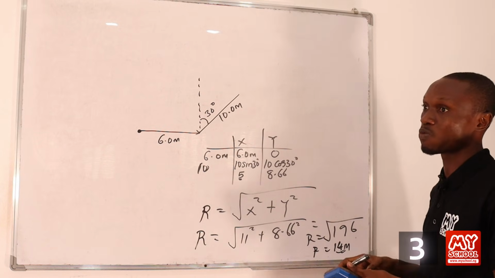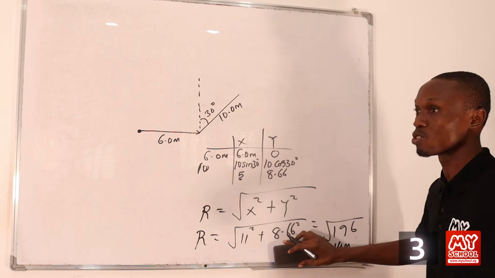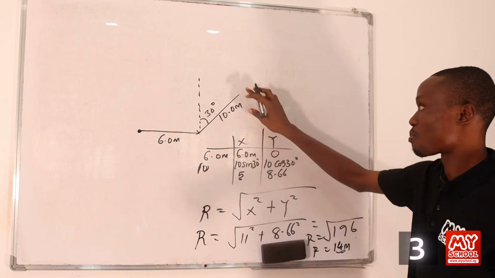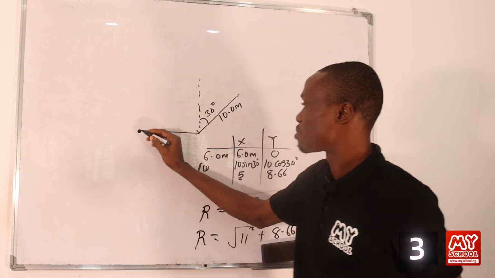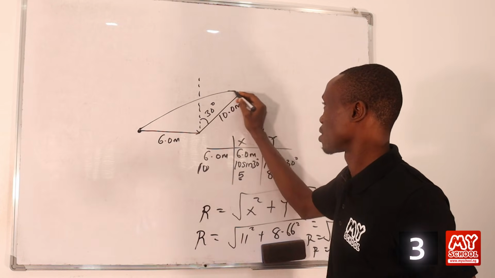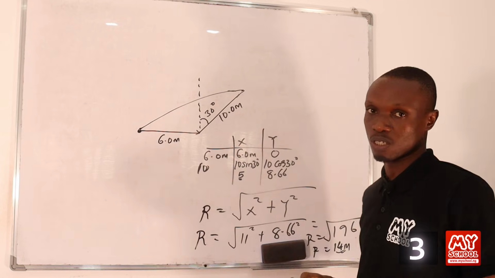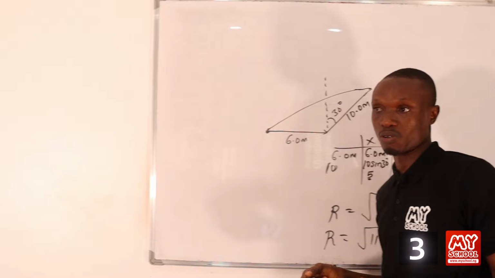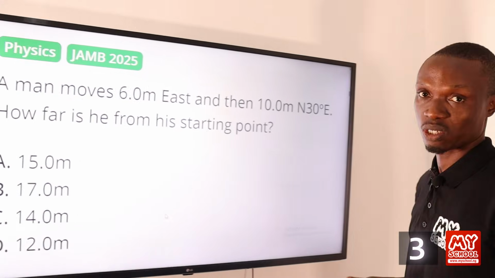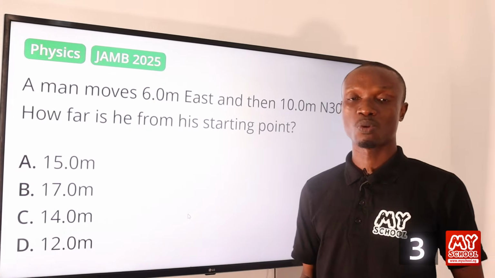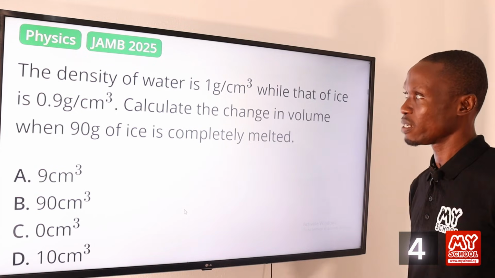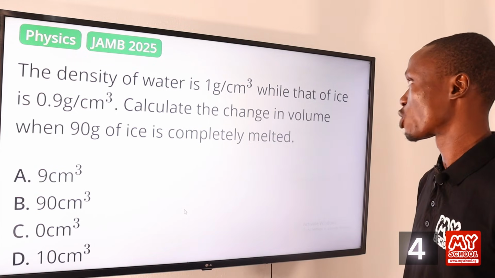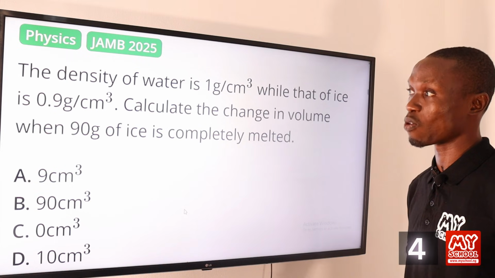So the distance of the man from his starting point to his current position is equal to 14 meters, that is from this point to here. So let's return back to the screen to pick the correct answer to this question, and that is option C, 14.0 meters. Question 4. The density of water is 1 gram per centimeter cube, while that of ice is 0.9